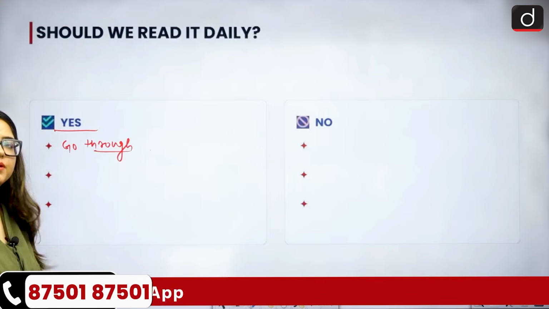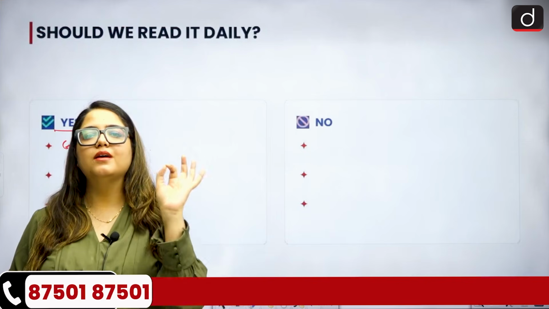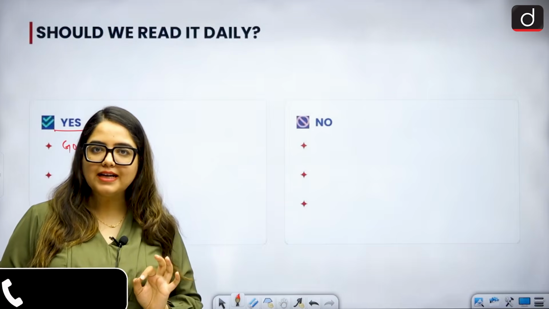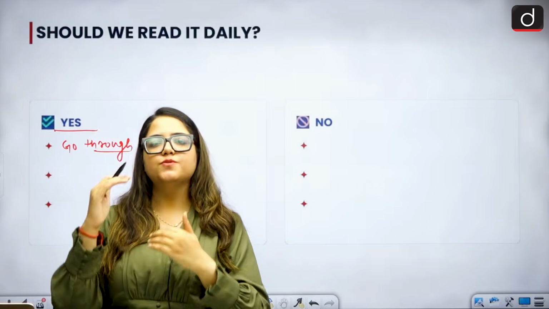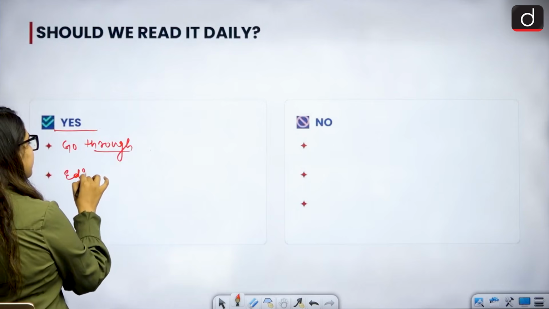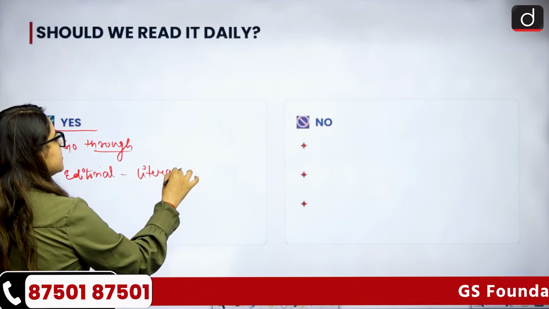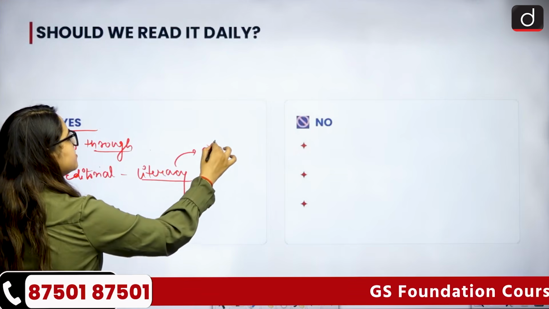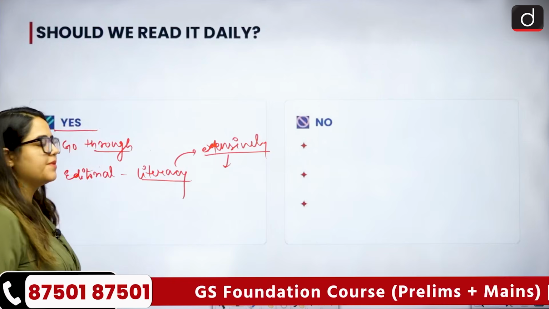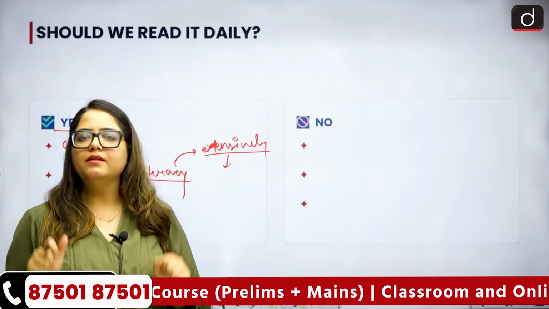neglect the entire paper, but then just once go through it, only then you will understand whether there was new news or not, whether there was something for you to read or not, right? Because everybody's knowledge base is different. Let's suppose there was an editorial regarding literacy. Okay, now some of the students have extensively worked on this topic from the perspective of prelims as well as mains. For them, this article would be redundant.